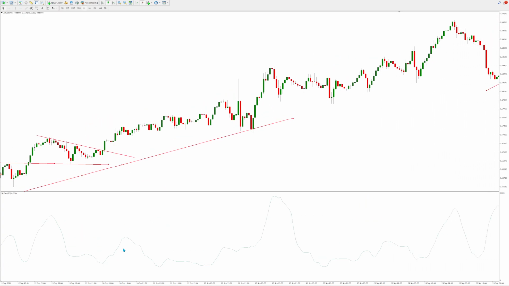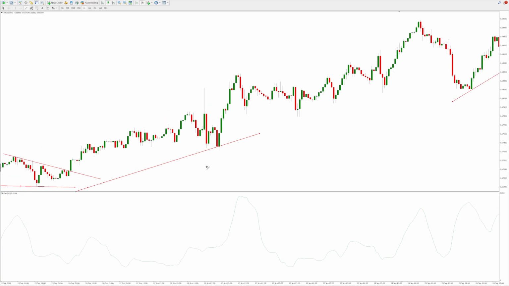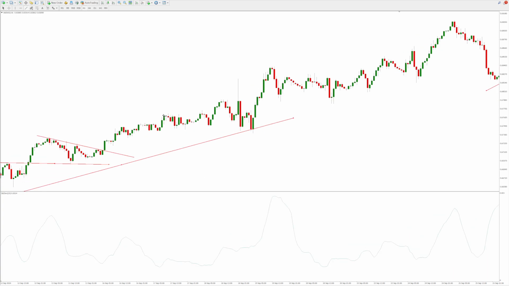Again, we wait for the pullback of the standard deviation. So around here you can see it's low, market's ranging, not much volatility, and you could look to enter on the breakout. It's a bit messy, this price action around here. So you might want to wait for that to play out before taking a position. However, if you insist,